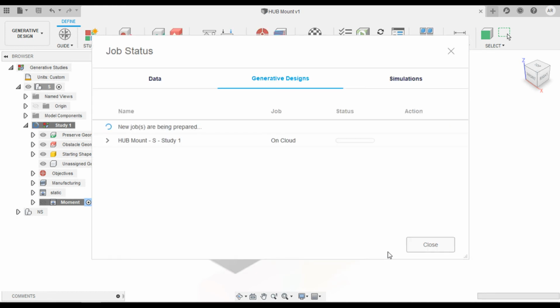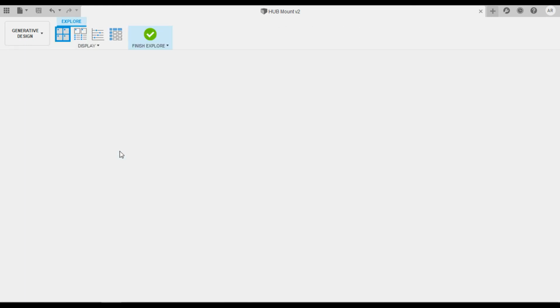Wait until the data is sent to cloud. Now that the data has been sent to cloud, you can start viewing the results from iteration 1, and you don't have to wait for the results. You can do your work, you can close Fusion 360 and even your PC. It won't affect the generative outcomes. You can get back at any point of time when the generative outcomes are ready. We'll explore the results in part 2.